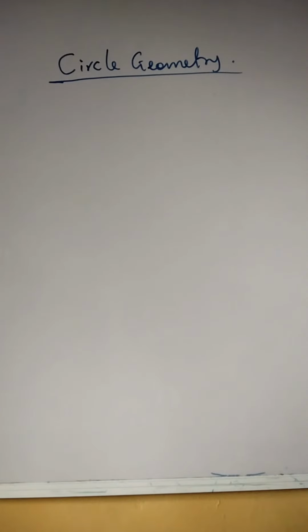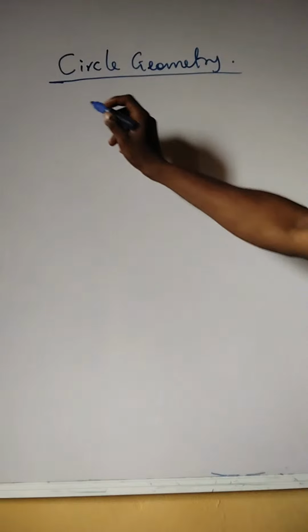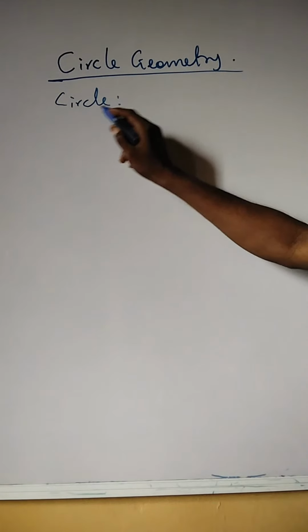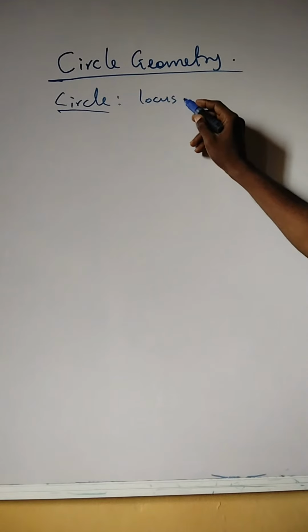Yeah, let's look at this topic in mathematics, circle geometry. Then we need to know some parts of a circle. First, let's define a circle. What is a circle? A circle can be defined as the locus of points